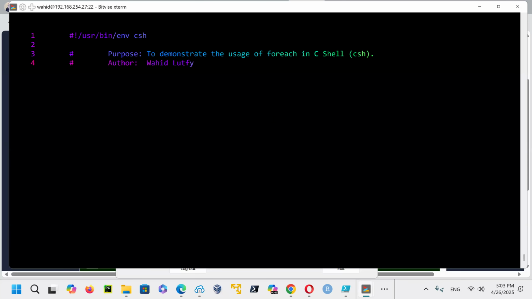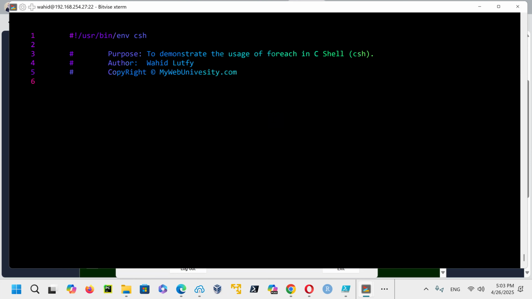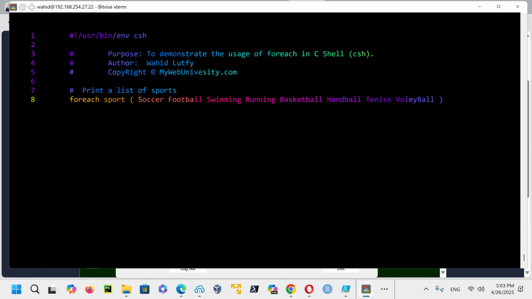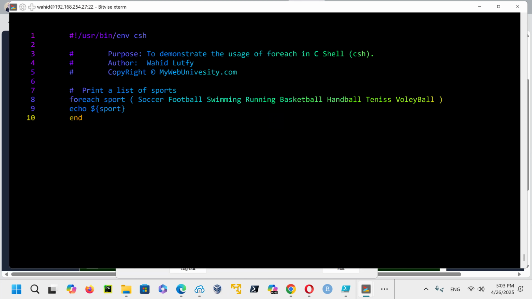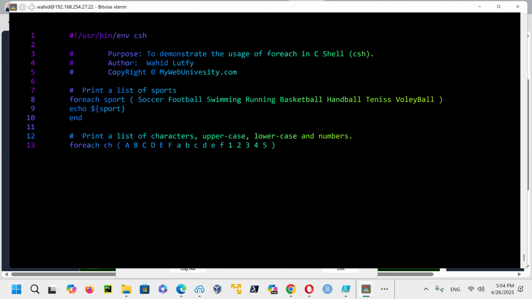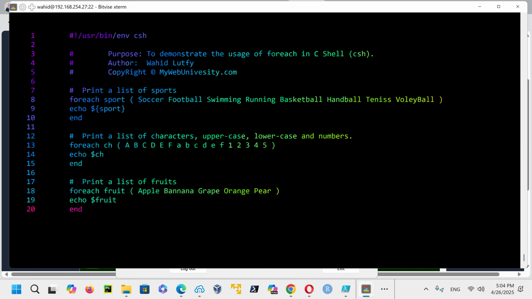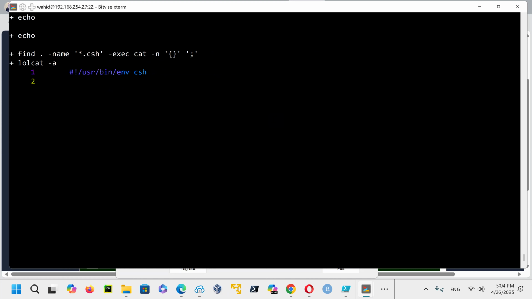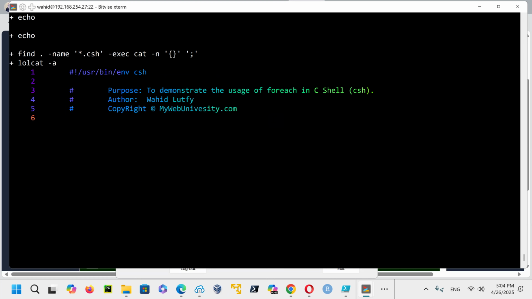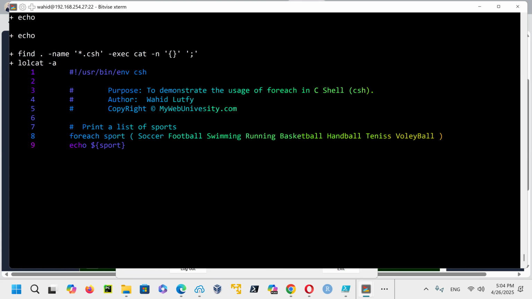So now it is going to do the animation first. You're going to see the script here. And then once it is printed, it should run it and give us the names of all the sports, as well as those characters, as well as those fruits. So now it is doing the line with the find command. And you can see that the lolcat command is just displaying it.